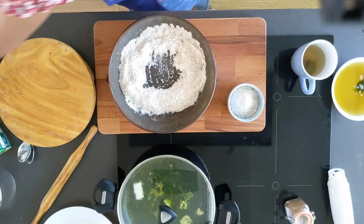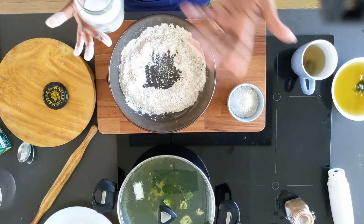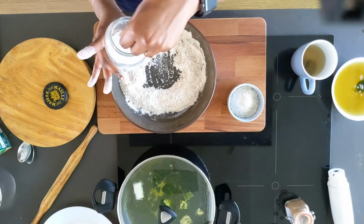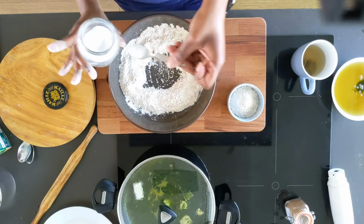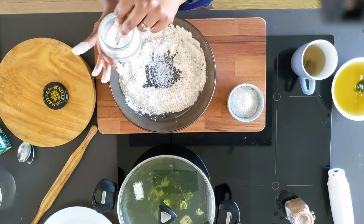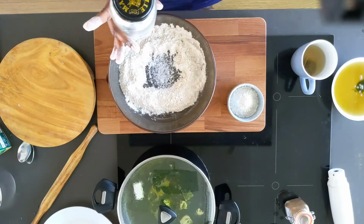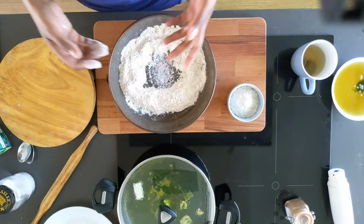Now I will add my salt and oil, because this is different from a fulka or a chapati or a roti. Now Suriname's roti is very different. That's made out of white flour only, is what I know of. I've added now I think 1/4 teaspoon of salt,